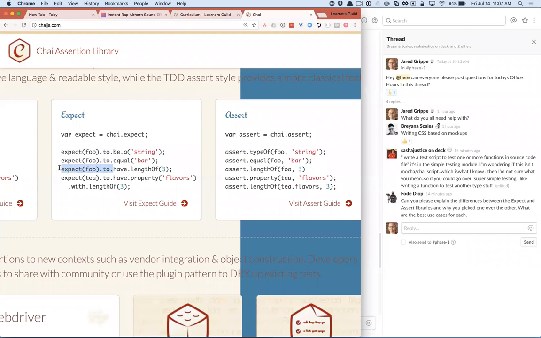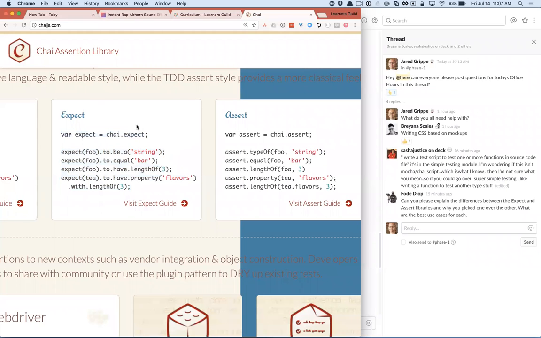It provides more of an English readable sentence here. It also gives expect a lot of context around what exactly. There's a lot of keywords in here, right? To have property, to have length of. This allows expect to give you really nice error messages. Assert has a lot of that, but basically everything is just a single method off of the assert. So assert's just an object that gives you a bunch of, I guess they're probably even in a way standalone methods where it's like assert something and it has to have a thing for you to assert. Whereas expect can do a little bit of composure by combining different methods together, right? So you can do a little bit more with the chaining here.